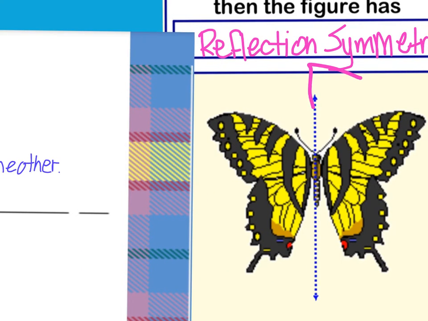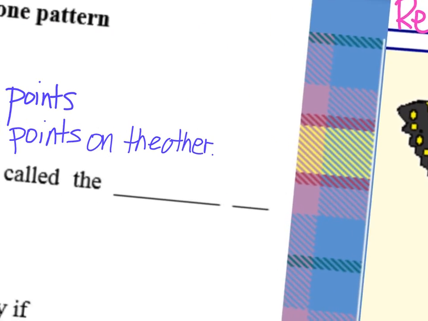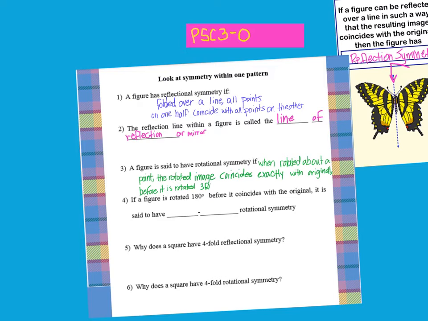The line that you fold the figure over to prove that it has reflectional symmetry is either called the line of symmetry or the mirror. A figure has rotational symmetry if, when rotated around a point, the image coincides exactly with the original before it is rotated 360 degrees. For example,